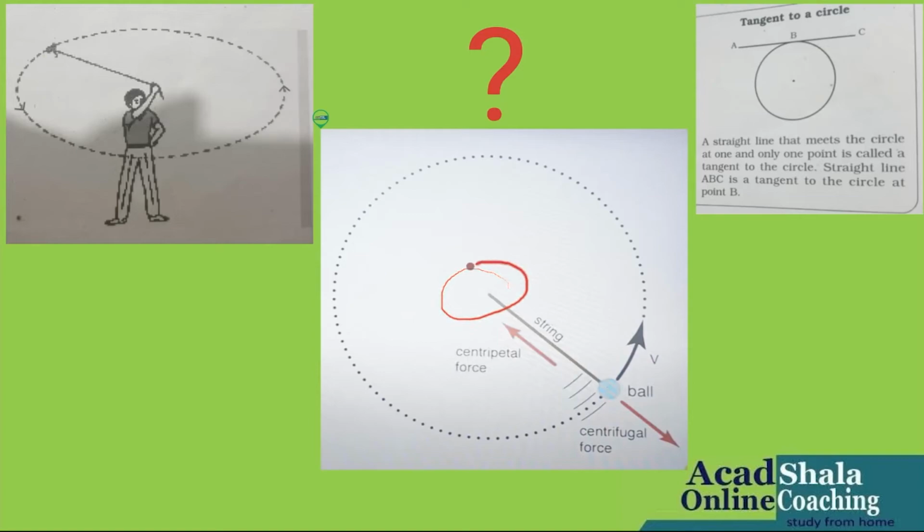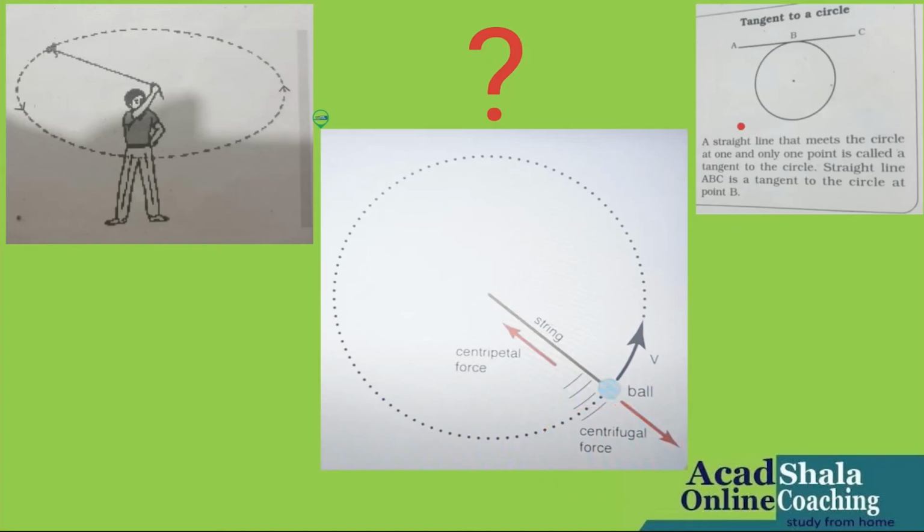In the center, the force applied is centripetal force. That means the boy is whirling the thread along with the ball or a stone, so on his hand, centripetal force is there. But when he releases the thread, when it goes outside the circle, the centripetal force is not there. It is vanished. It is not there at all. And the force applied when it goes along the tangent outside the circle is centrifugal force. Am I clear, children? So there are two forces, centripetal and centrifugal force.